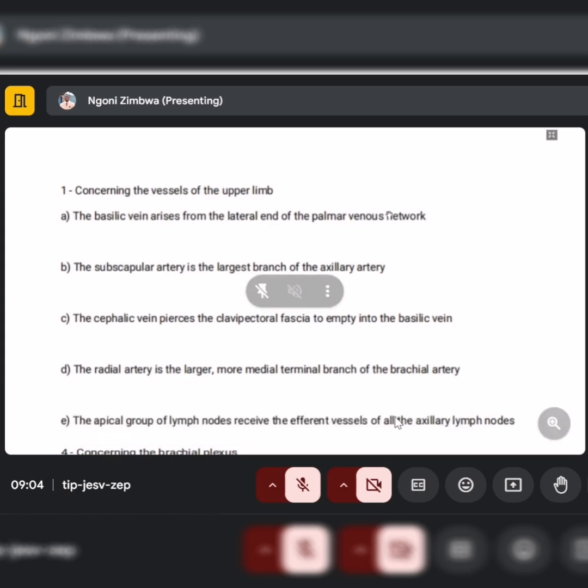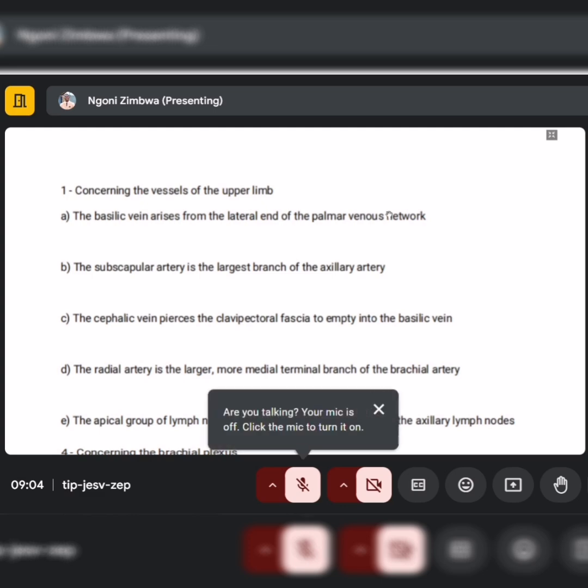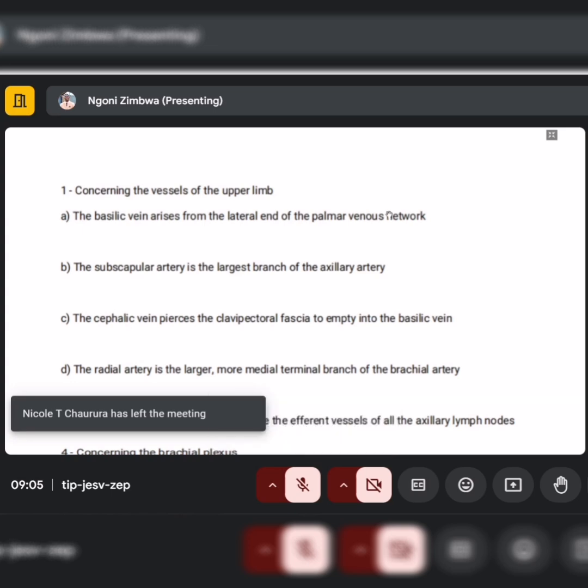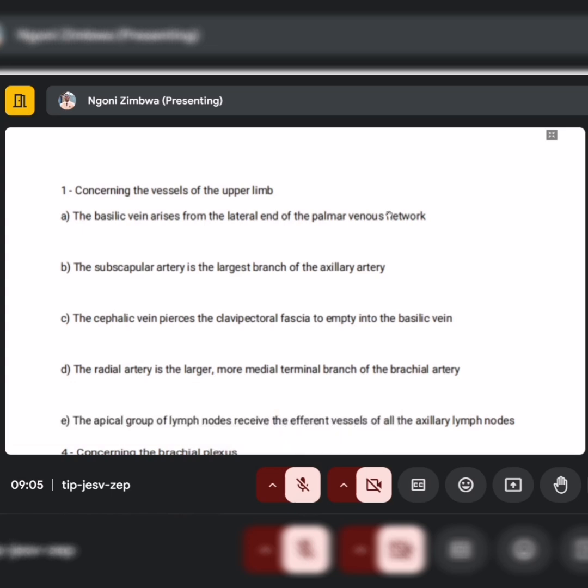The basilic vein arises from the lateral end of the palmar venous network. That is false. The basilic vein arises from the medial end of the dorsal venous arc. So you have a dorsal venous arc that will give rise medially to your basilic vein, which will ascend in the medial aspect of the forearm, remember? And then at the level of the cubital fossa, the basilic vein is going to receive a tributary of the